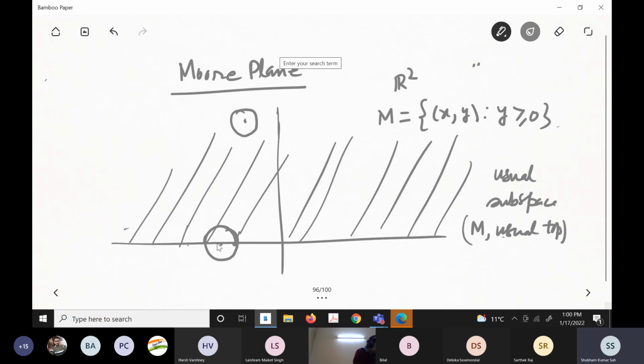This part will be there, only half of this. But I am not taking that. So I will write what I am going to do: here the open disk, but I will take it in such a way that it touches the point, so that those will be the neighborhoods of the points on the x-axis. Right, so if you have a point, how will I define this? This gives you a topology that you can check. Actually, this will be the base. The ball, the disk you are taking, but on the points of the x-axis your disk is different. And that will be a base for a topology.